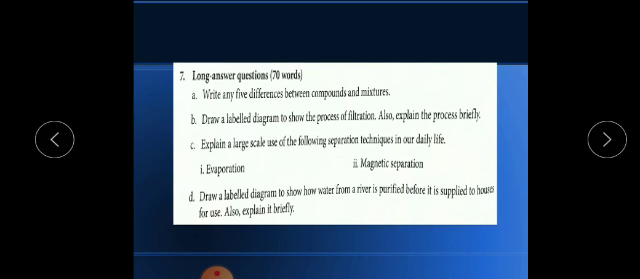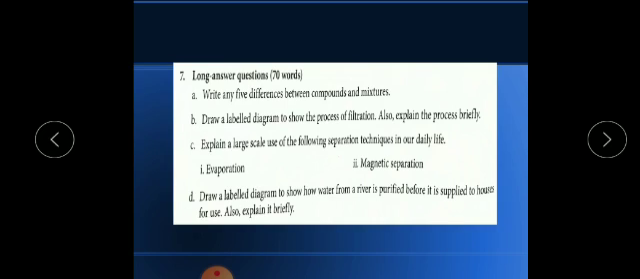So first one, they are saying write any 5 differences between compound and mixture. So children, one table is given of elements, compounds and mixtures, page number 30 in your book. Differences are given, 1 2 3 4 points are given, and with examples. I will give you this, but you can read. I am telling you all the page numbers so that you can find out the answers